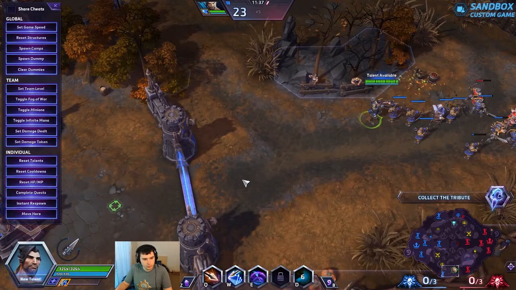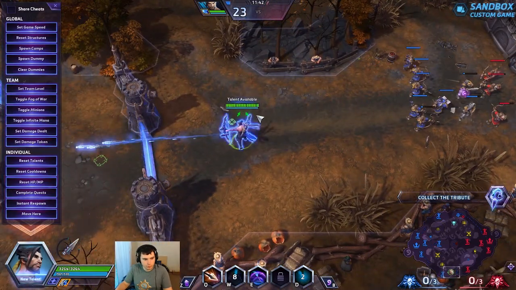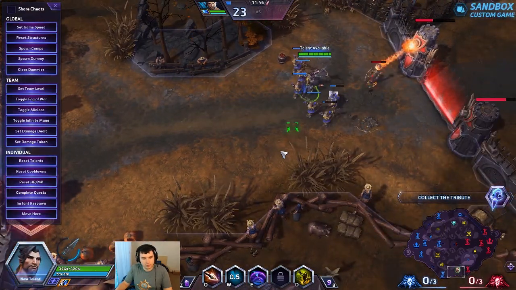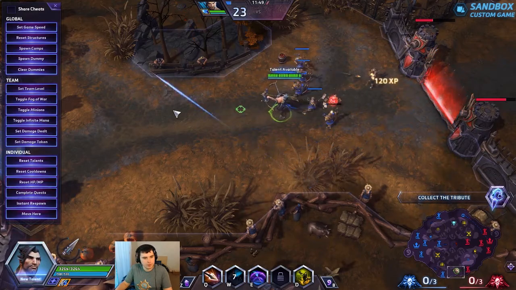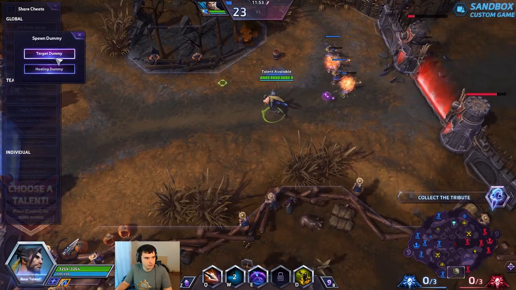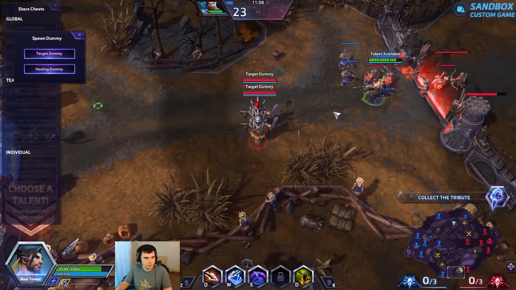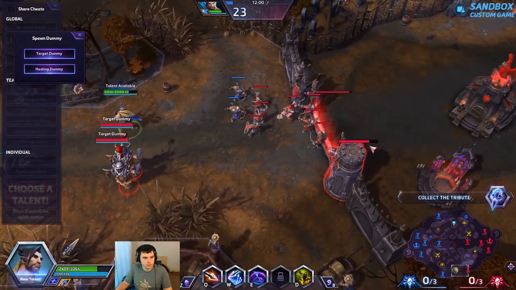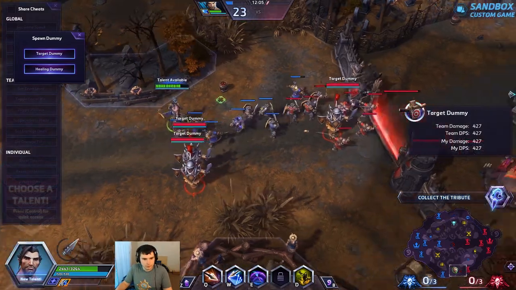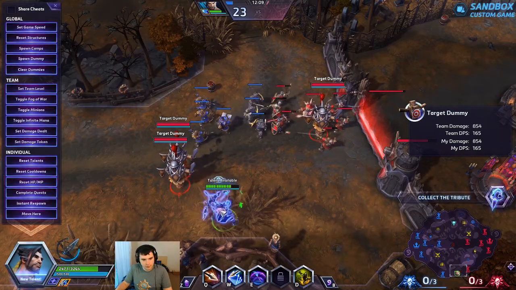Important note: your scatters will go through your gates, but they will not pass through the enemy gate. They'll bounce off the enemy gate. So that means that if somebody is... Oh, it spawns at the center of your camera. Okay. So if someone is, let's say, going to run through the gate, you can...